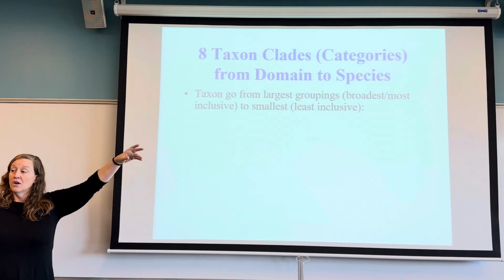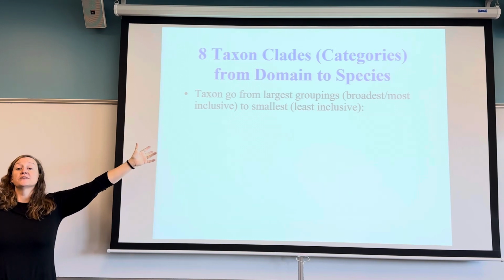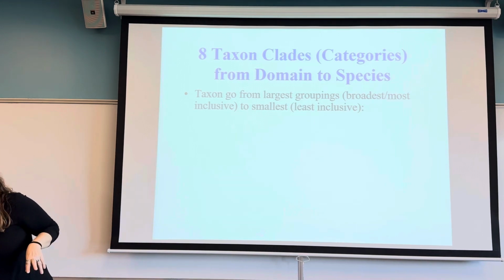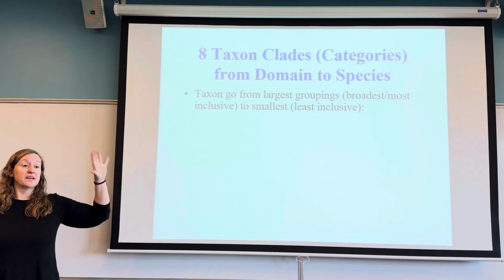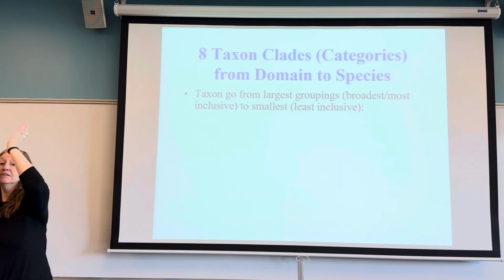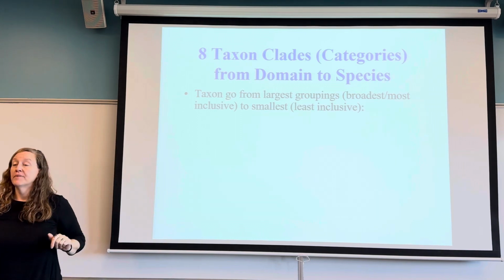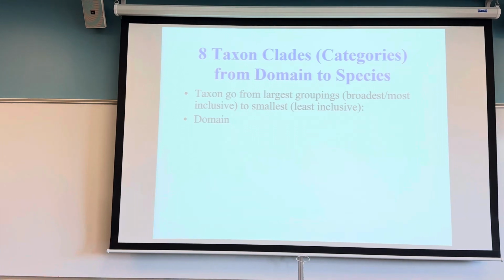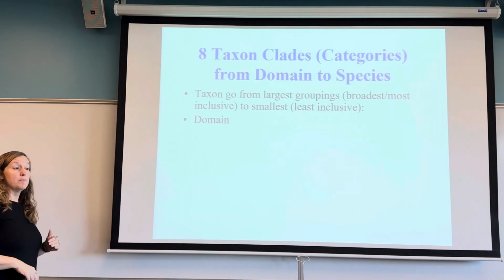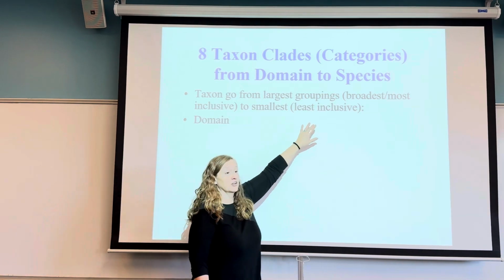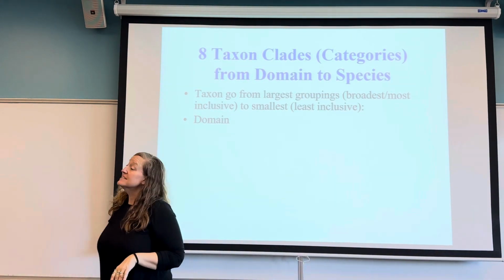Okay, so we're going to go from our naming systems of most inclusive. When I say that, think about the word inclusive means includes. So we have 3 large groups that include every organism. Every organism is in the bacteria, the archaea, or the eukarya. Those we call the domain. Then from each domain, you start to have more organizational levels that get more specific based on the traits that organisms have. So now we're going to start to get least inclusive until we get to species, or specific.